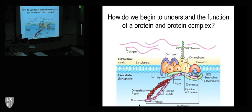Okay, this is working. So I think this raises the big question of how do we figure out what the function of a protein is, and especially what the function of the protein is in the context of a disease. And so as Kevin said, the earliest studies looked at dystrophin, and dystrophin is indicated here in purple,